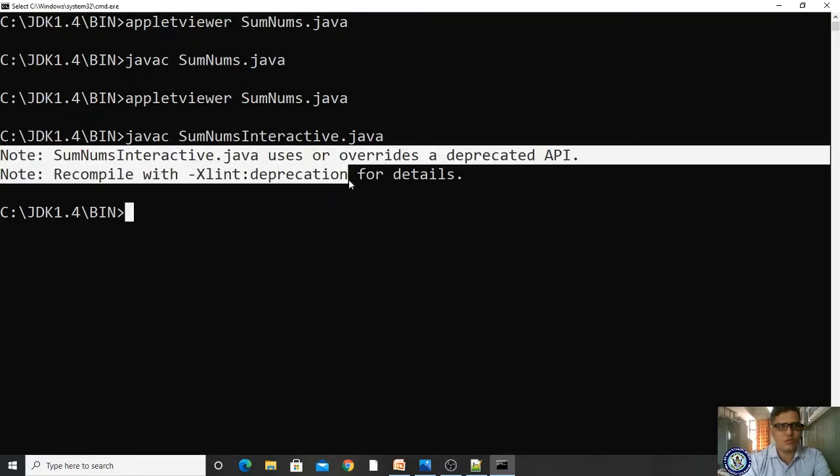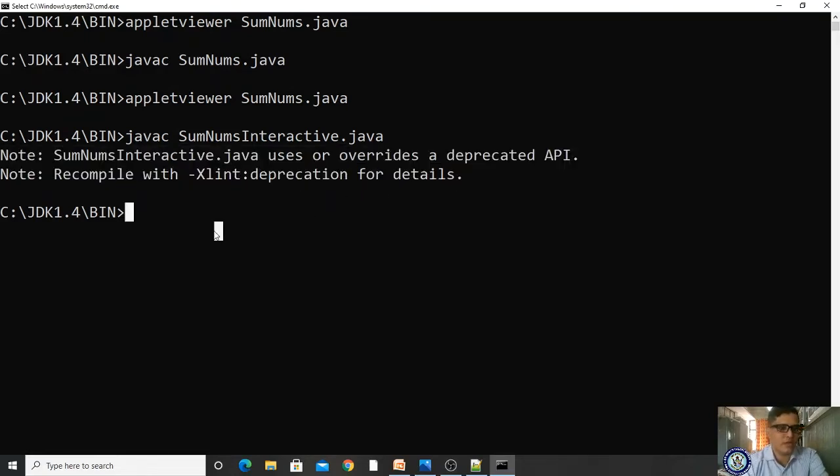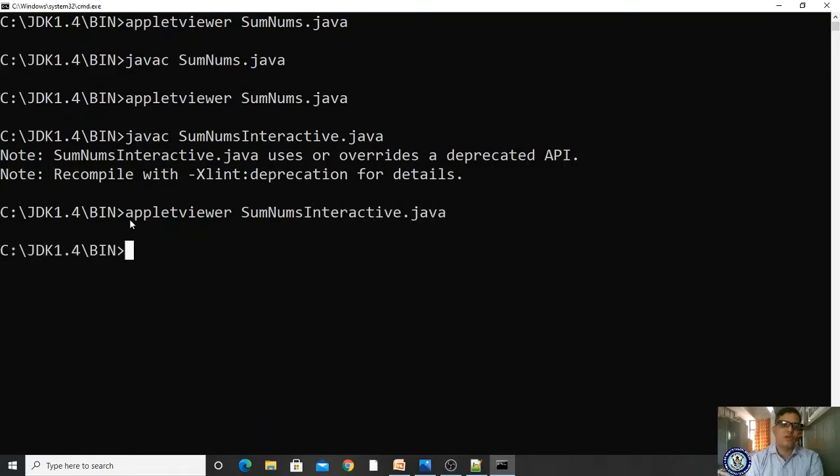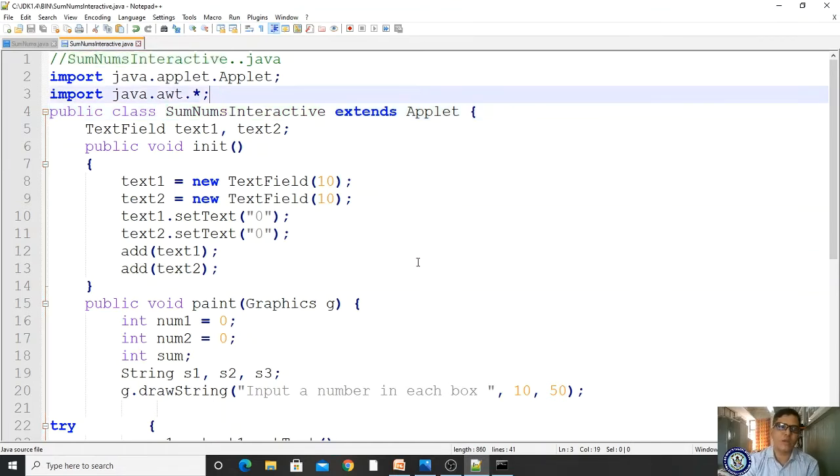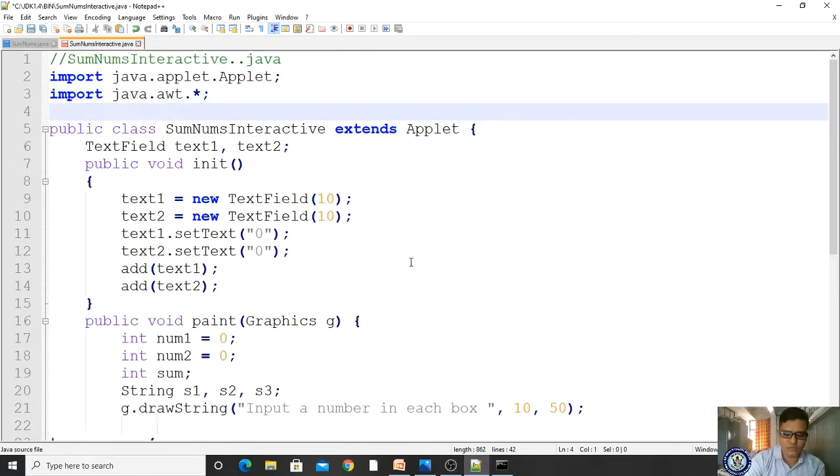It is giving only the note. Note means it is not an error. Okay, now we have to run appletviewer SomeNumsInteractive.java. It is not working. Why? Anybody? Because it has not included your applet code, right? In the comment section, you have to use the applet tag,